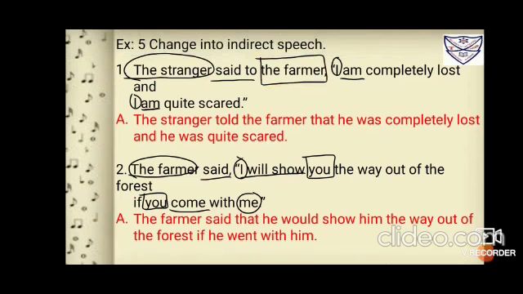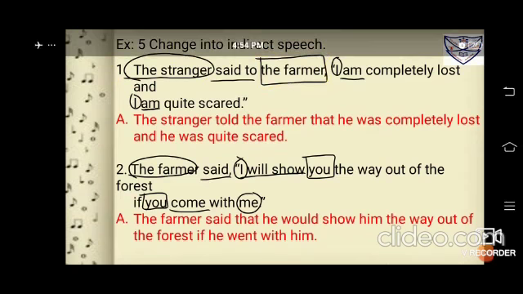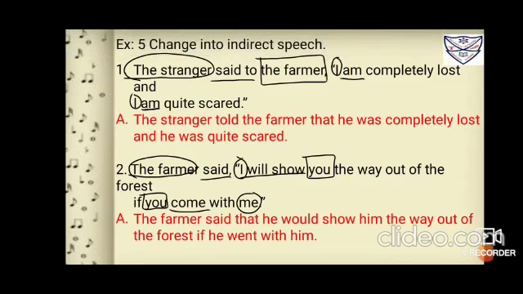Now after putting the box, go in the reported speech and see which pronoun is used. The pronoun used is "I". Because it is first person, we'll circle it. Again the next pronoun used is "I", so you have to circle it. Now the pronoun that is first person changes with the speaker. Your speaker is the stranger, so it's third person and you consider him as a male. So it becomes "he". Wherever it is "I", we'll be using "he".